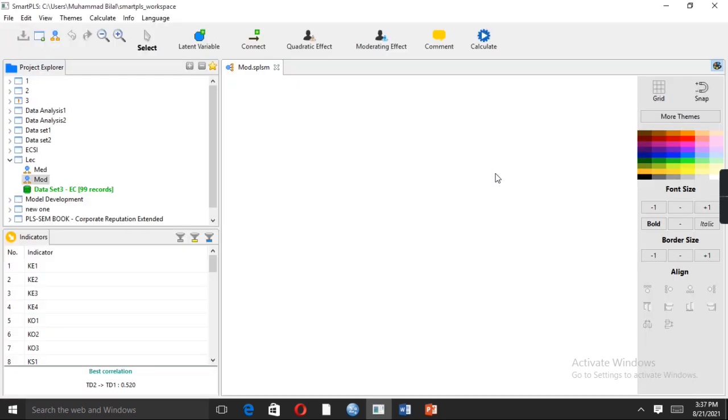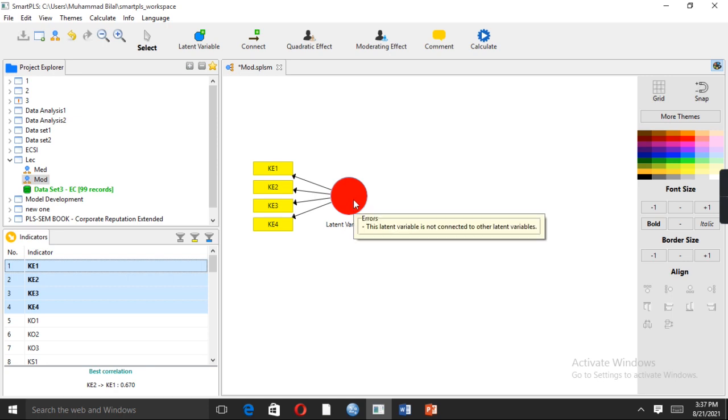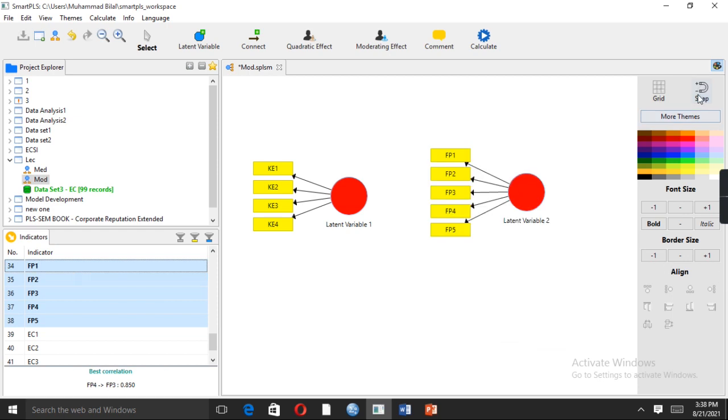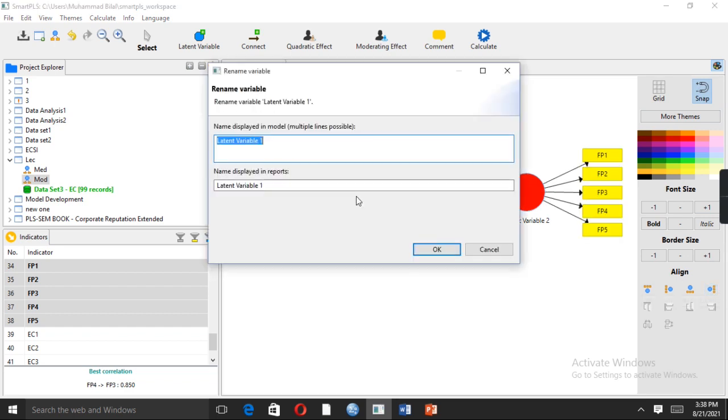So the next step is that we are going to launch Smart PLS3, upload the data file, and then develop a model. In this study, KE is our independent variable and firm performance is our dependent variable. So rename them.